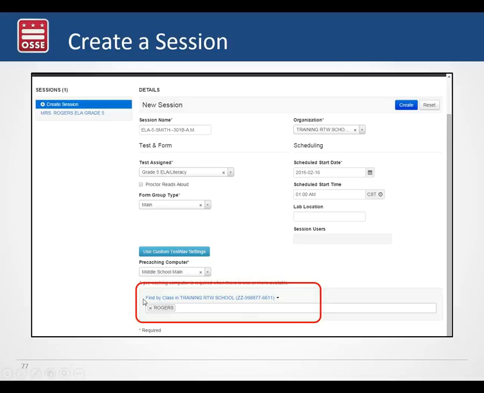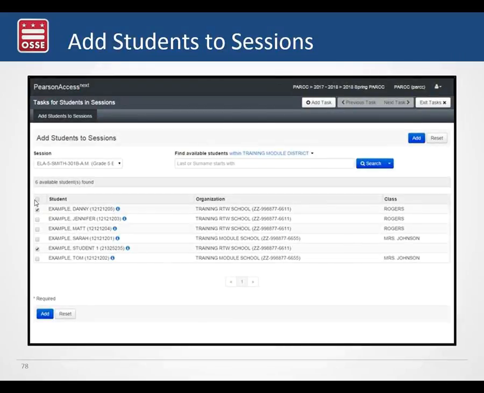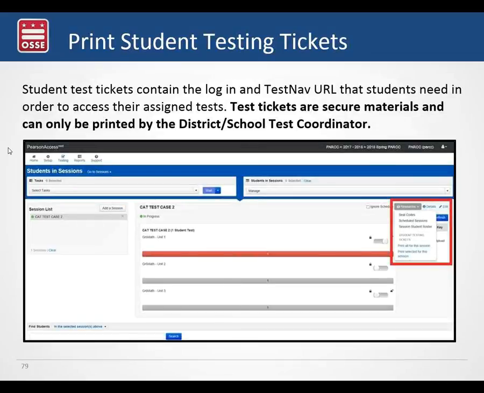If you want to add students by a class, you can click there. You can either toggle between class or by student, add students to that session. We'll show you here. Just select who you want to add and how you want to organize your students by session. Some do it by classroom, some do it by grade, by testing room. It's all individual. Again, under Resources, printing those student testing tickets, once those test sessions have been set up,